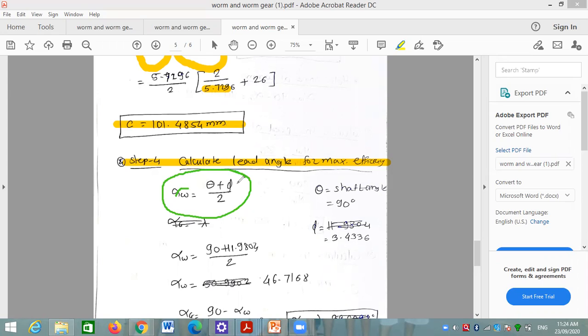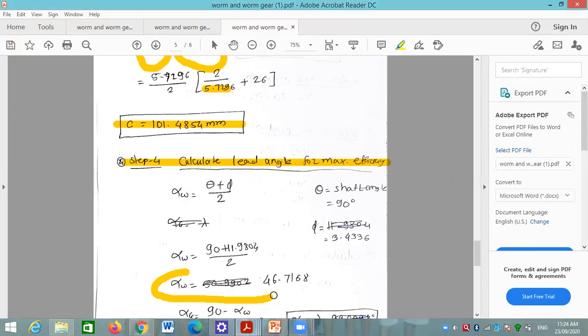Plus phi divided by 2, where phi is the friction angle and theta is the shaft angle. And for a worm and worm wheel, the shaft angle is 90 degree. So we can find out here. Always remember this alpha W. This alpha W is equal to